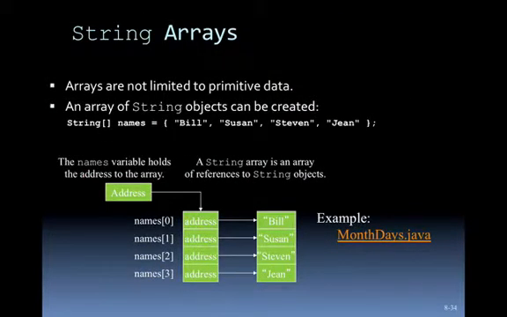Arrays aren't limited to primitive data. We can have arrays of objects. So basically, anything that is a class, we can make a list of it. So strings, we can have a list of strings, and we've talked about this. You've seen this sort of list of strings before when we were talking about all of the different components that we had for our